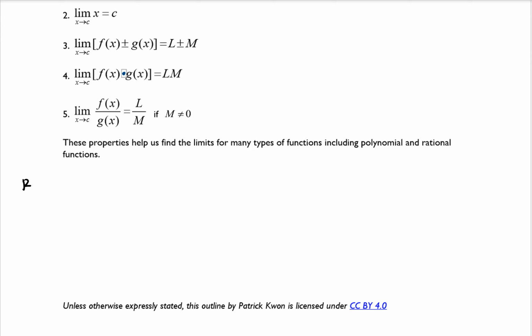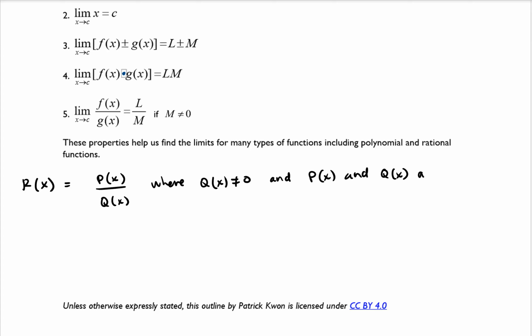So a rational function r of x is equal to some p of x over q of x, where q of x does not equal 0, and p of x and q of x are both polynomials. Okay, so when you're calculating the limit of a rational function,